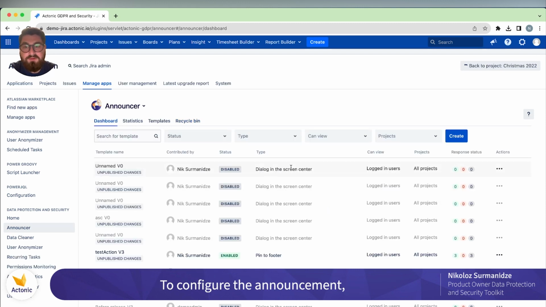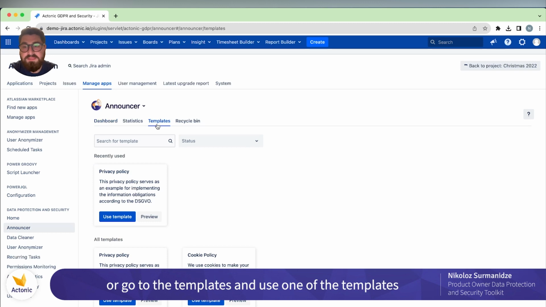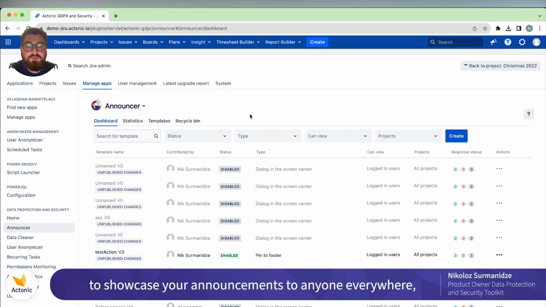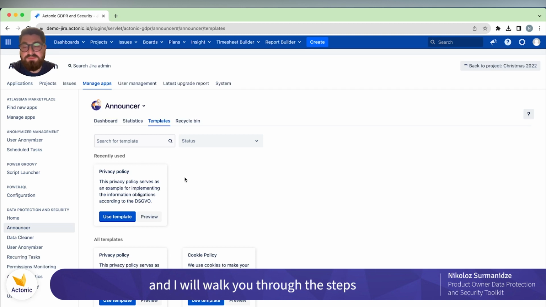To configure the announcement, we can click the create button right here or go into the templates and use one of the templates we are providing for you. This module in general gives you the possibility to showcase your announcements to anyone everywhere. Maybe it is a public project or a private Jira project. So let's start by choosing one of the templates and I will walk you through the steps of how to configure this template. We can go to the templates page and use one of the privacy policy templates, for example, for